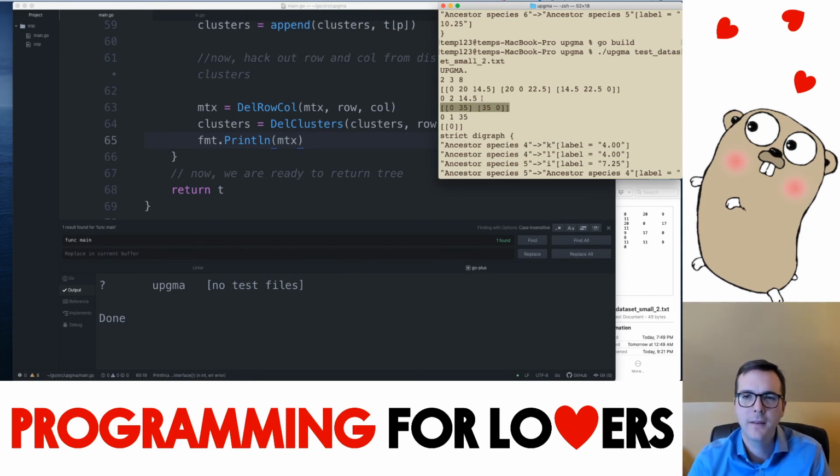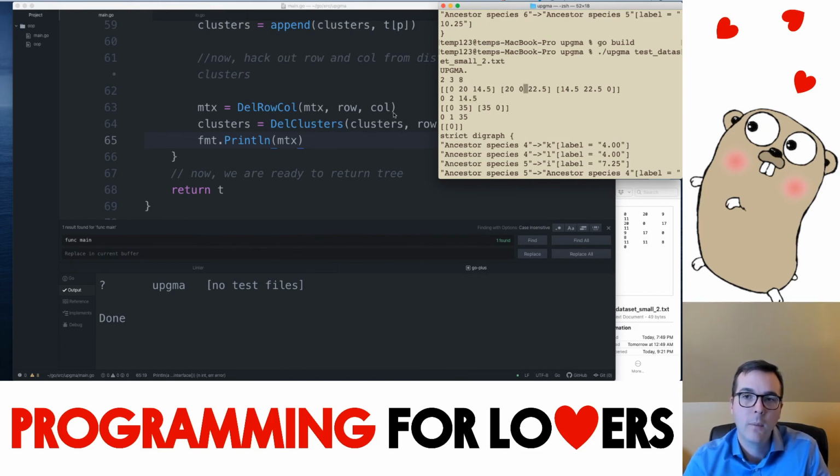Next thing is, does it actually find the minimum element? Well, 14.5 looks like the minimum element here to me, so that function might presumably be working correctly. Here's a 2 by 2 matrix, 0, 35, 35, 0. That's the correct row and column. Column is bigger than row, so we're good. And it's the correct min value here. So, it looks like things have gone wrong here